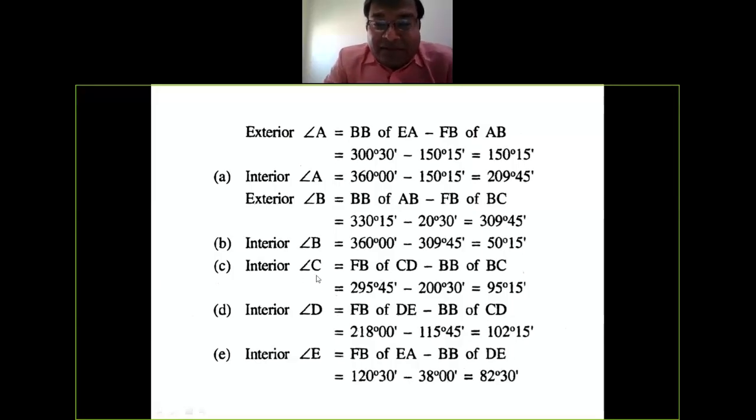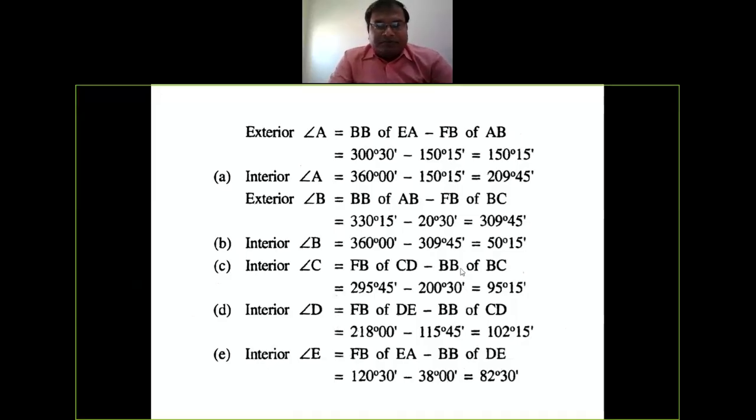सेम वे फॉर एंगल सी, फोर बेरिंग एंगल सी के लिए क्या रीडिंग चाहिए, एक चाहिए फोर बेरिंग ऑफ CD इन फॉरवर्ड डायरेक्शन, और एक चाहिए बैक बेरिंग इन ए बैकवर्ड डायरेक्शन, वो आपका क्या होगा BC। ऐसा याद रखने के, जैसे C पे खड़े हो तो C to D और C से B, B पे खड़े हो तो आप A to B। ओके, इस तरह से लाइक दैट।